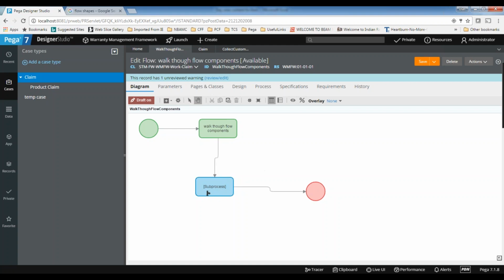But if there is no dependency, there is no meaning in going for sequential execution. You can go for parallel execution here. When you go for spin off, the main flow will not wait for the completion of the sub-process.